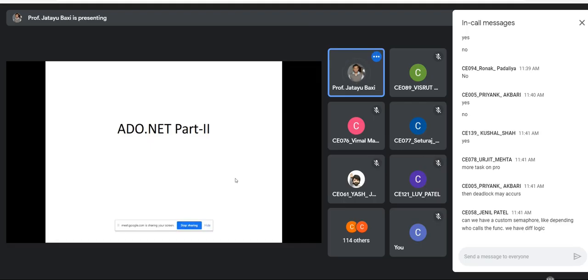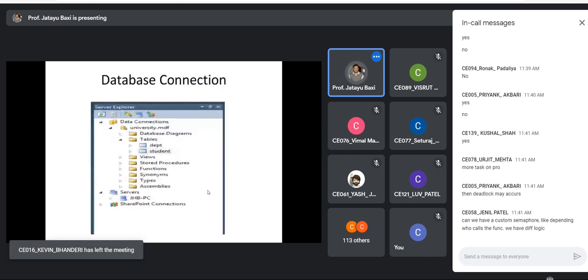We saw this example in the last lecture. By this time, I hope that all of you have verified in your machine that you have proper local DB installed and you are able to create basic database. If you have not done that, then do it. In next lab, you will be asked to do the applications which are based on the database.